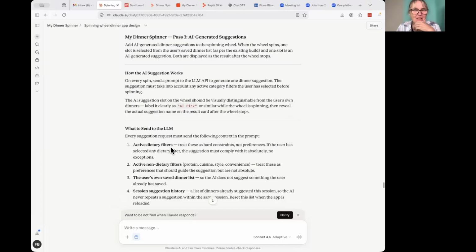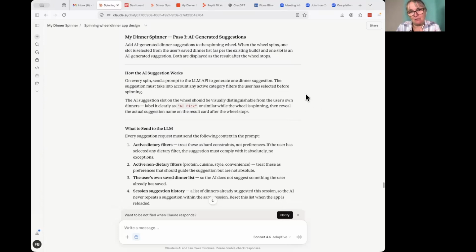Well, that was actually a really long prompt and a bit of a process to get that done. But the dinner spinner now has AI choices. So I started with asking Claude to give me what it thought the prompt should be, and then I put that in Replit, and in Replit Plan, I then got it to improve it, which it did, and then we put it in. But it was a long prompt.